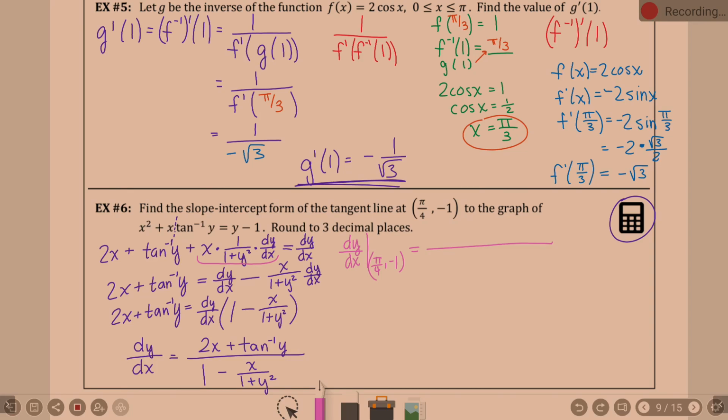So 2 times pi over 4 plus tan inverse of negative 1, over 1 minus pi over 4, divided by 1 plus negative 1 squared. I mean, yeah, there's some shortcuts and cleanup you can do, but